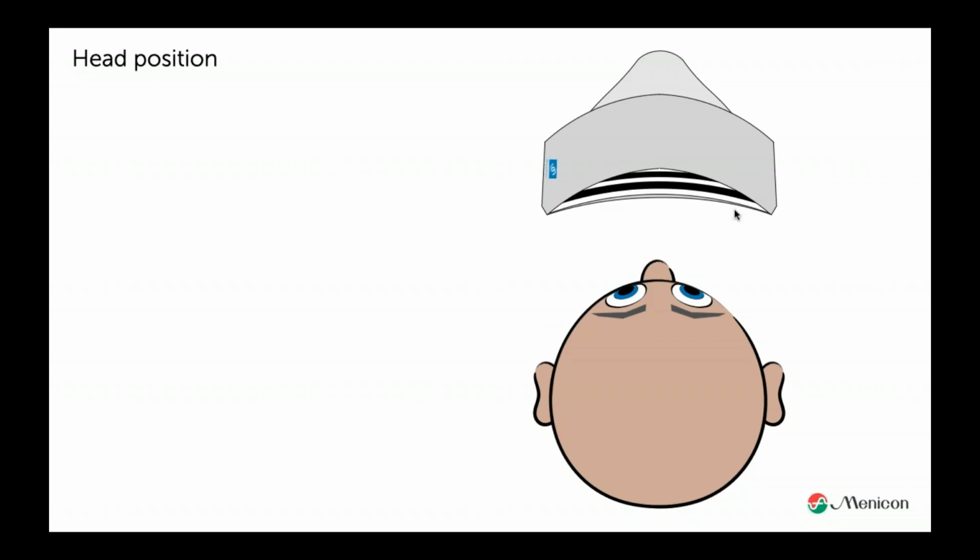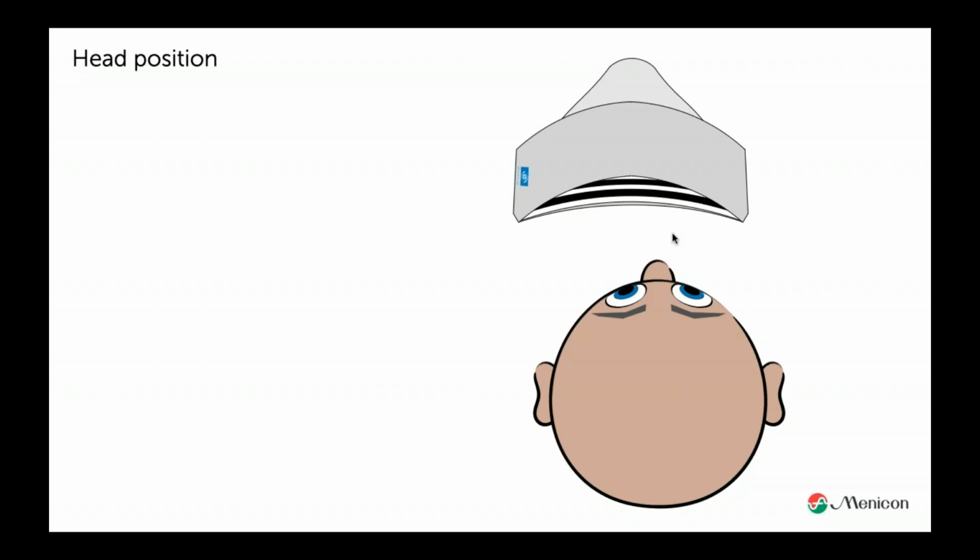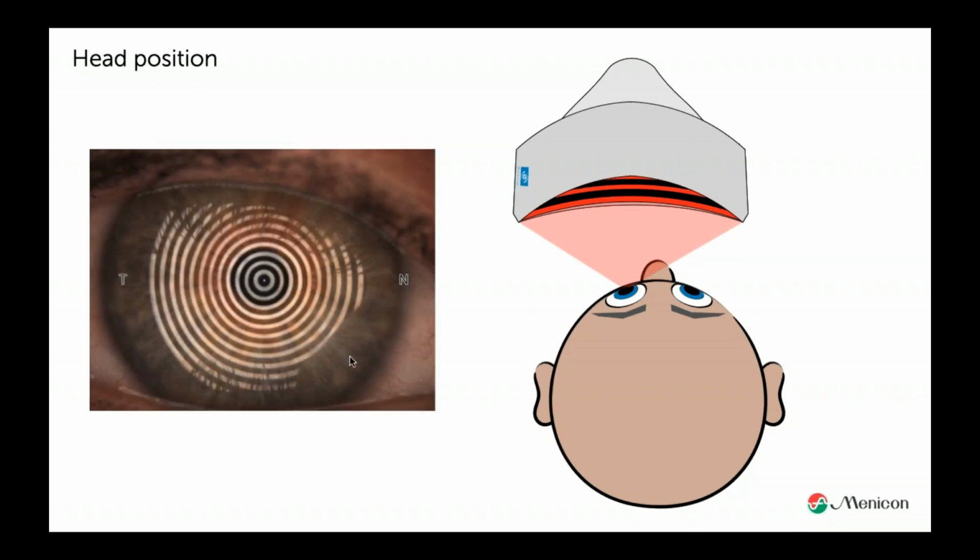What we have, and I mostly talk about the larger cones, the majority of the topographers out there with larger cones. Be aware that if you measure the left eye and you put it on, the nose can be in the way. So if that's the situation, you will end up with the nose missing. And we can argue and discuss about the superior part. If you have an eye that is too deep in the orbit, there is no way to get the superior part. But the nasal part is something you can always measure.